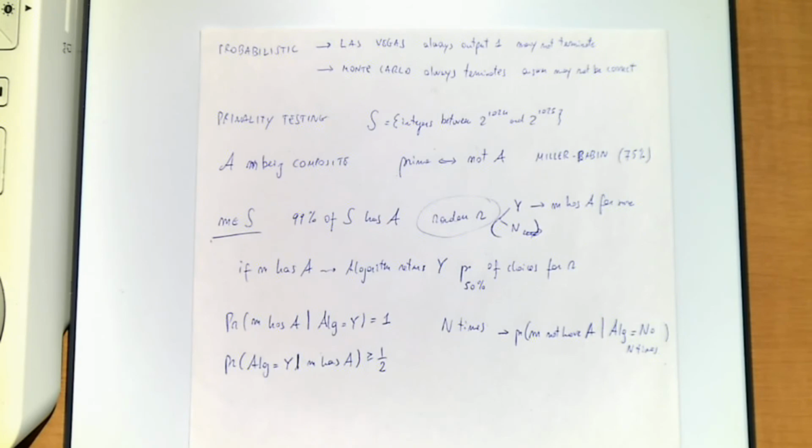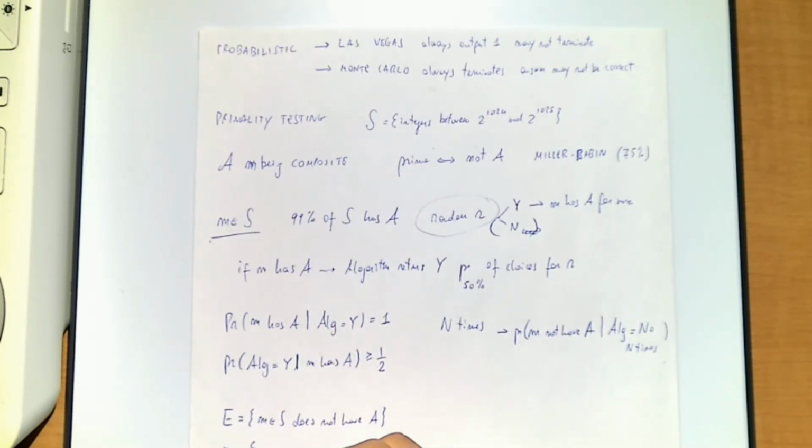And for doing this, we use all the previous notions of conditional probability and independence. We can define two events. The first event is M in S does not have A, which is prime in our case. And then the second event is algorithm equal to no